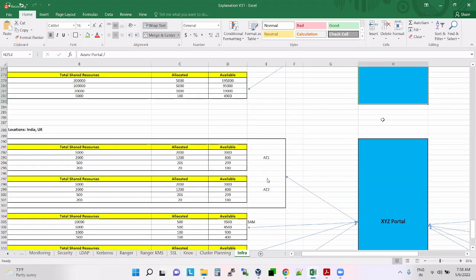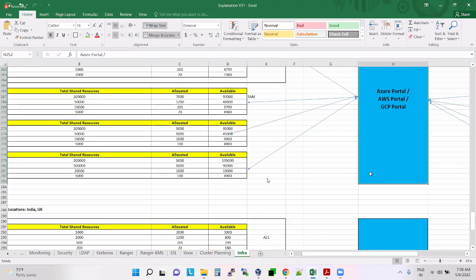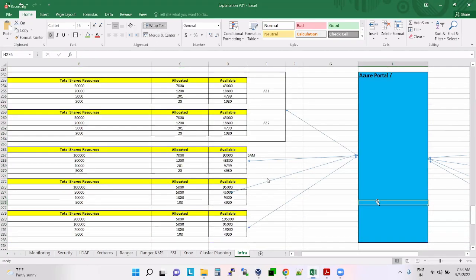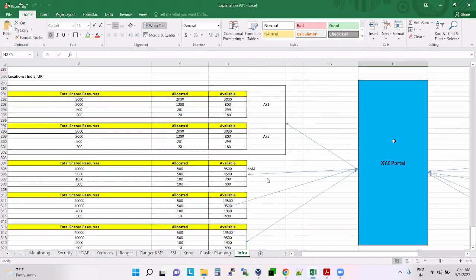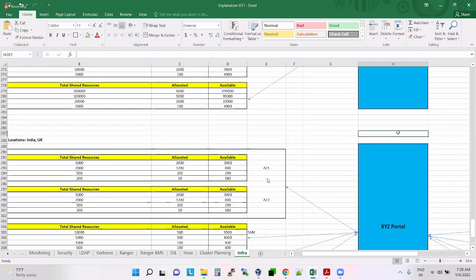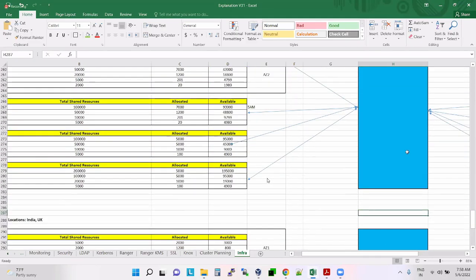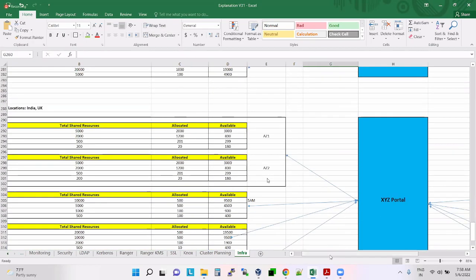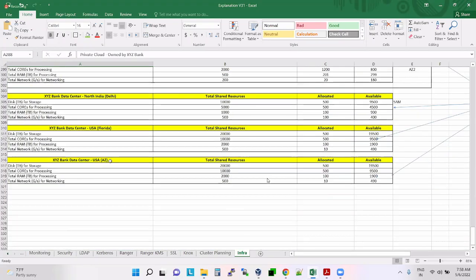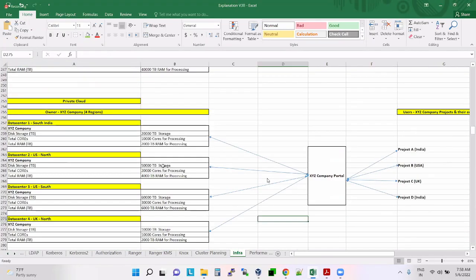Whatever these people are doing, here also we are doing the same thing, but it's a copy here. Understood? Any questions? This is the private cloud, guys.